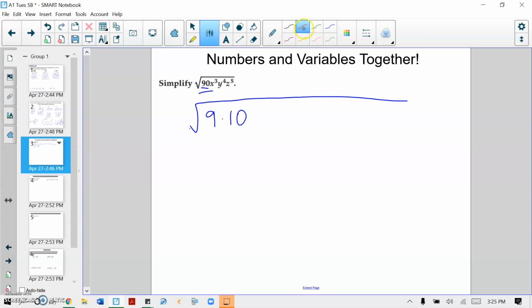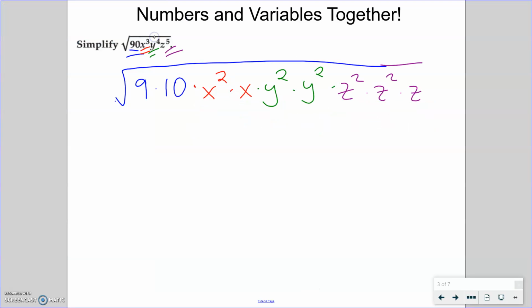Now I'm going to focus on the x to the third and do what we did on the last slide. I can split that up into x squared times x. The y to the fourth, I can split it up into y squared and y squared. And z to the fifth, I can split that up into z squared, and then one more z at the end. Then what you're going to do is go through and figure out which things you can take the square